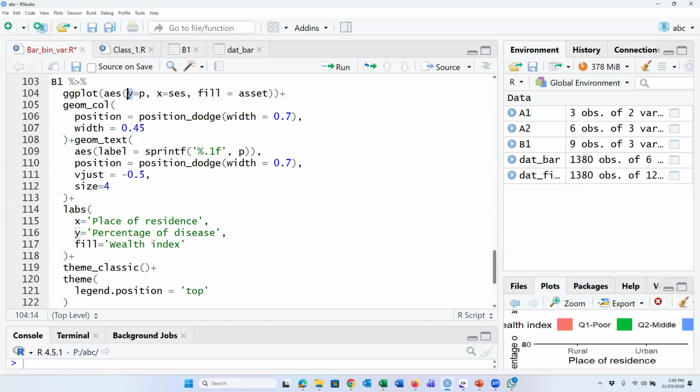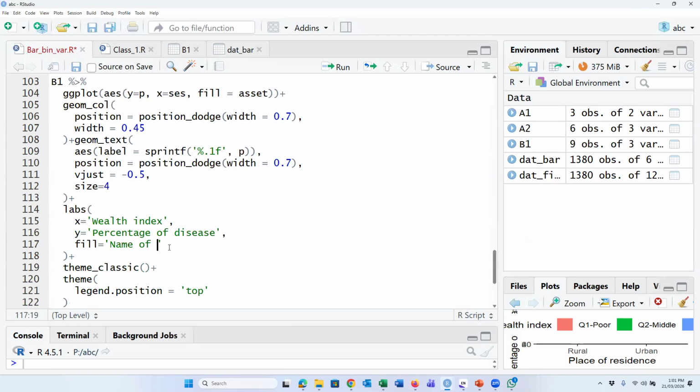So here, these are percentages. Okay, percentage. X means ACS. Fill means asset.